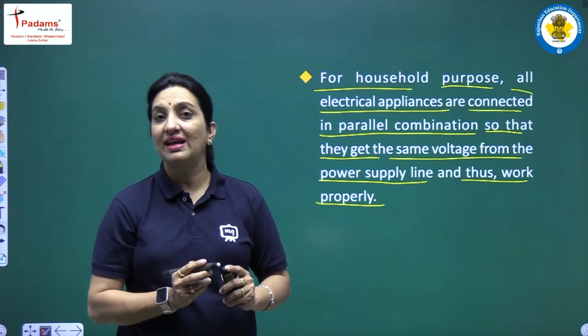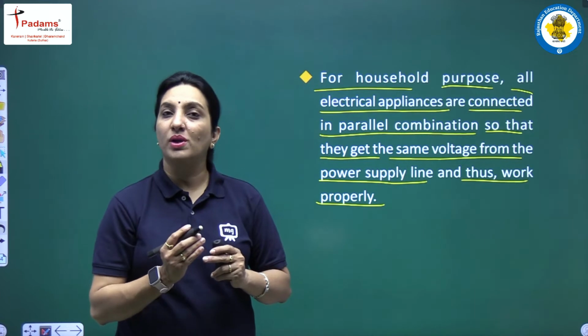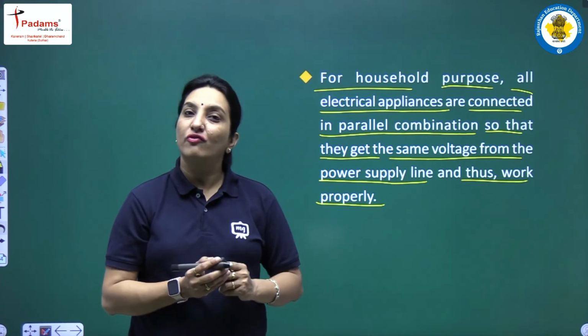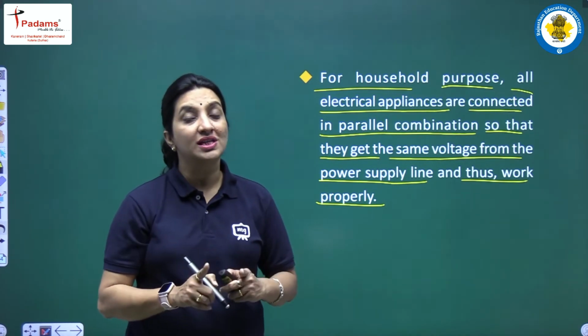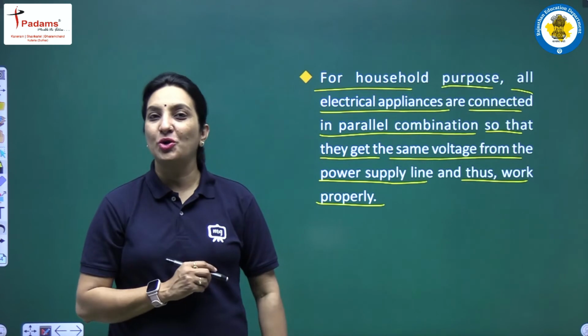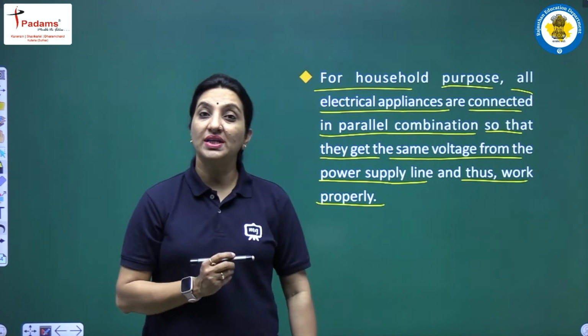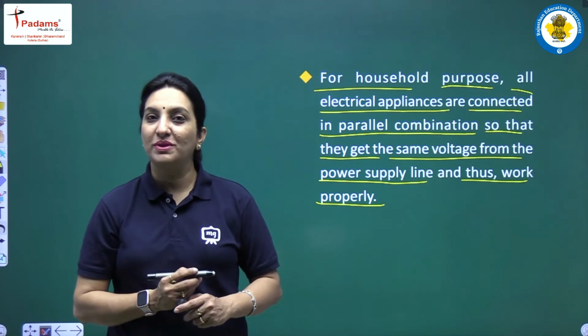तो इसलिए हाउस होल्ड सर्किट्स के अंदर पैरेलल सर्किट यूज किया जाता है, ताकि अगर किसी एक सर्किट के अंदर कोई प्रॉब्लम आ भी जाए, कोई फॉल्ट आ भी जाए, तो बाकी के सर्किट प्रॉपरली वर्क करते रहेंगे और हर सर्किट के अक्रॉस जो पोटेंशियल डिफरेंस है वो 220 वोल्ट्स का मिलेगा. Now here students, now we are ready to solve the numerical problems based